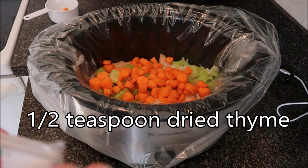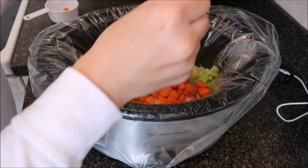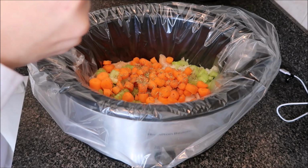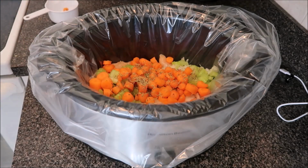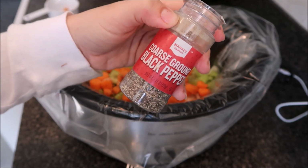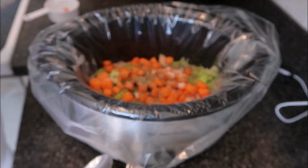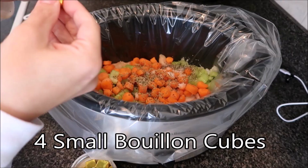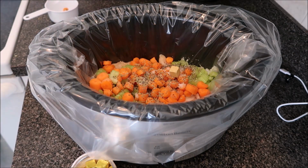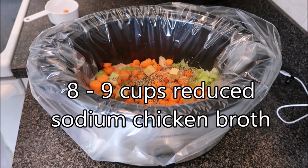A 1/2 teaspoon of thyme, a 1/2 teaspoon of rosemary, a 1/2 teaspoon of salt, and 1/4 teaspoon of pepper. Four small chicken bouillon cubes, 8 to 9 cups of reduced sodium chicken broth,